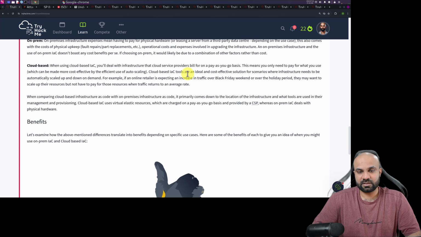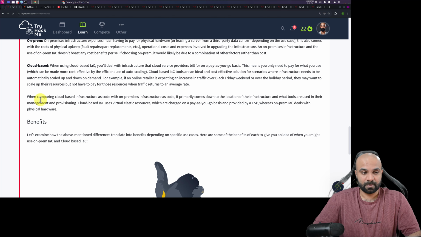Cloud-based IaC tools are an ideal and cost-effective solution for scenarios where infrastructure needs to be automatically scaled up and down on demand. For example, if an online retailer is expecting an increase in traffic over Black Friday or over the holiday period, they may want to scale up their resources but not have to pay for those resources when traffic returns to an average rate.